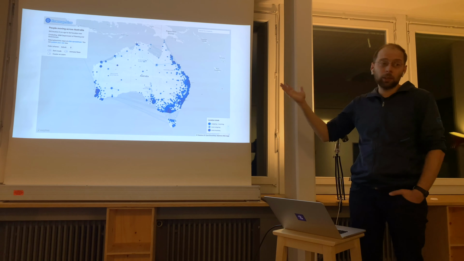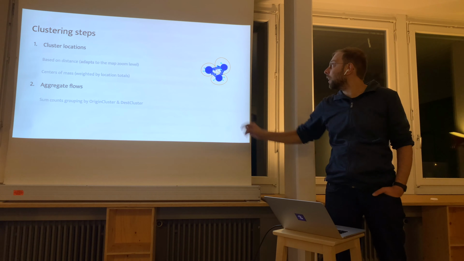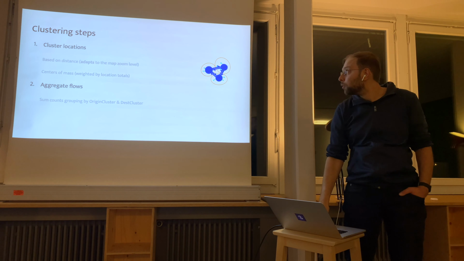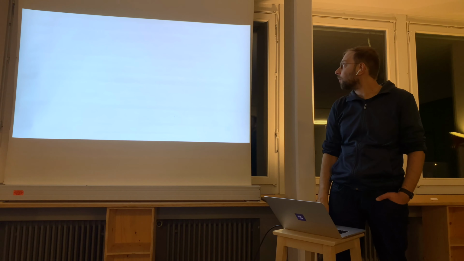So we have some locations. We start with the largest ones, then form clusters around those largest ones. Then we group them together into clusters, and then we aggregate the flows, and then we get the new flow map, clustered flow map. So for these two examples I showed you before, there is some improvement, right? So this is much more readable. But we kind of lose some detail, right? We have an overview now. We don't see the individual flows anymore.